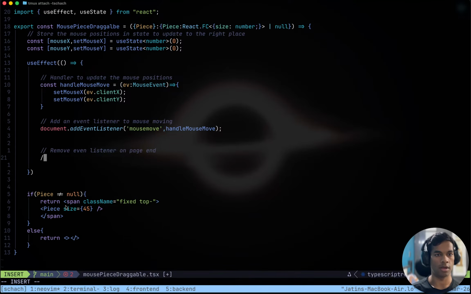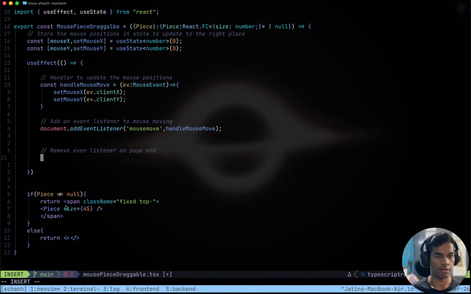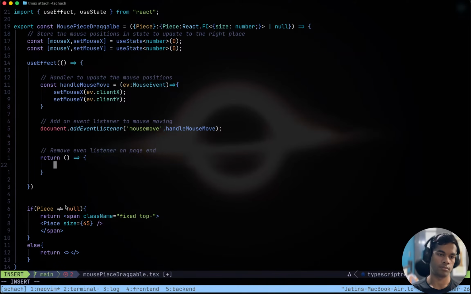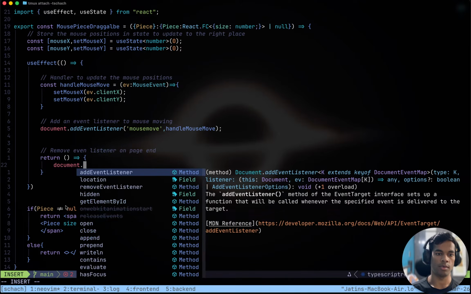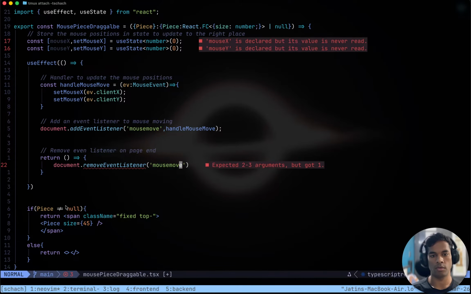Okay, those two values are never used. That is completely fine. Return a function: document dot remove event listener from mouse move handle mouse move. Fine.